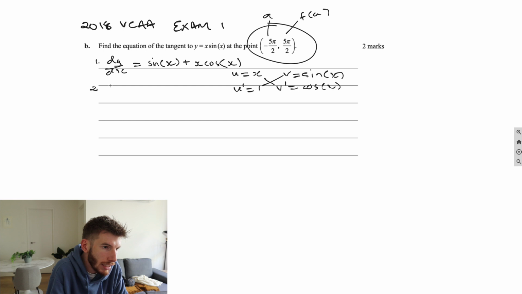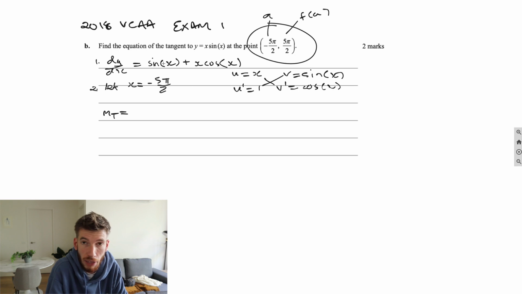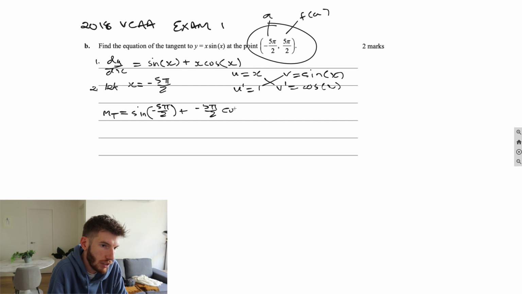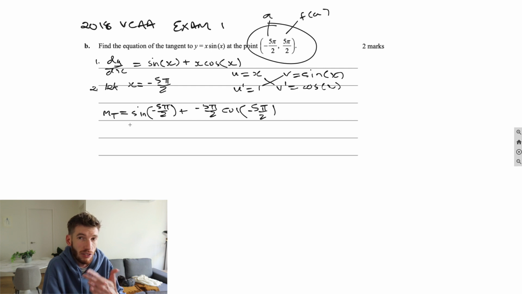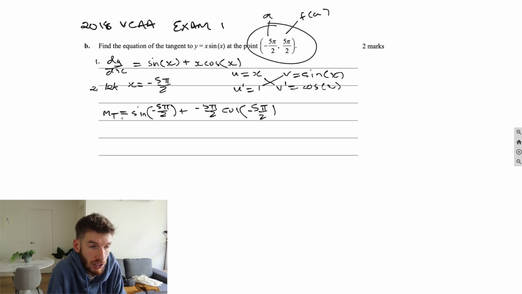So here we're going to let x equal -5 pi/2, and the gradient of the tangent should be what you get when you sub that into the derivative. So sine of -5 pi/2 plus -5 pi/2 times cosine of -5 pi/2, and now we have to do exact values from circular functions. So here, this would be 2.5 pi back, so if we cycle backwards, that will land us at what is the same as positive 3 pi/2,